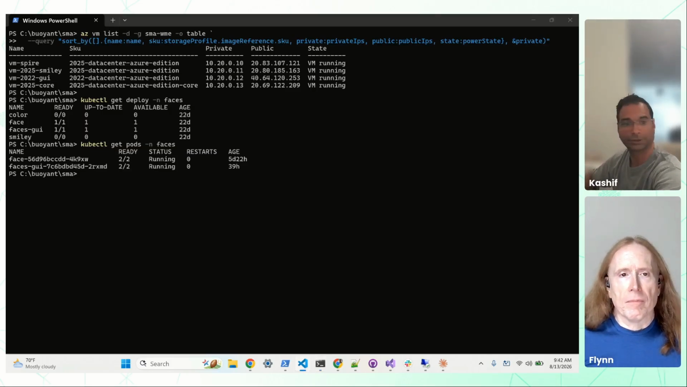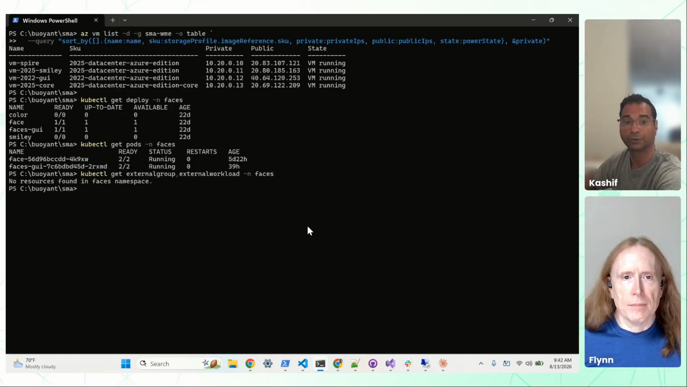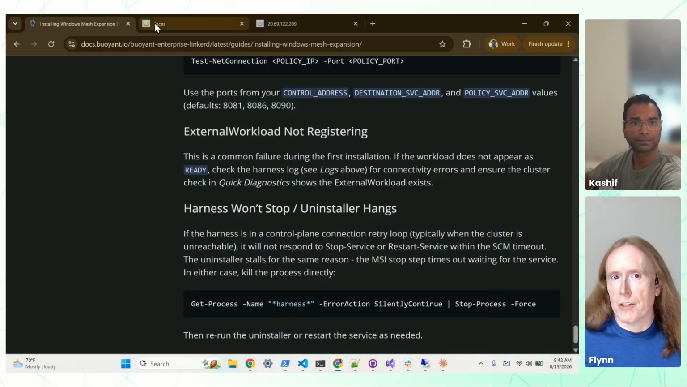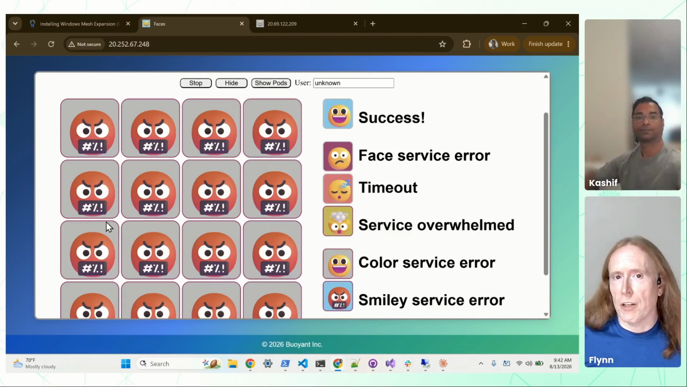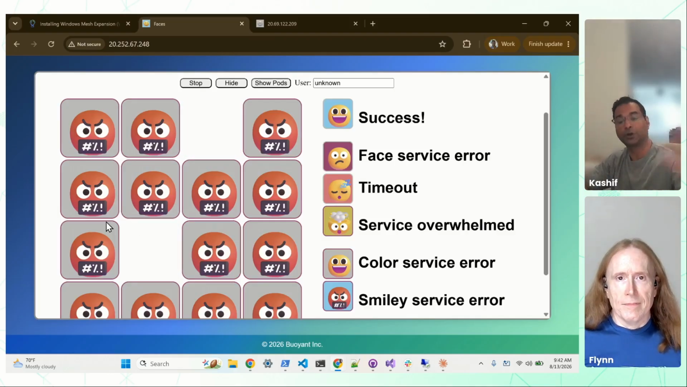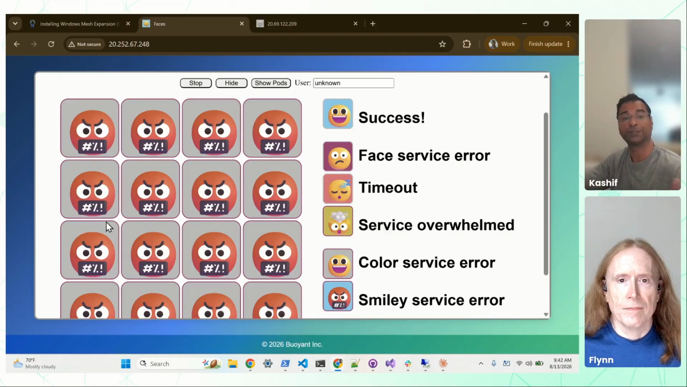And just so you can see, I will show you that there's no created external groups or workloads right now. If you've seen the service mesh expansion on Linux, you will know that external groups and external workloads are pretty important. So as Flynn mentioned, right now, this is our in-cluster face GUI,